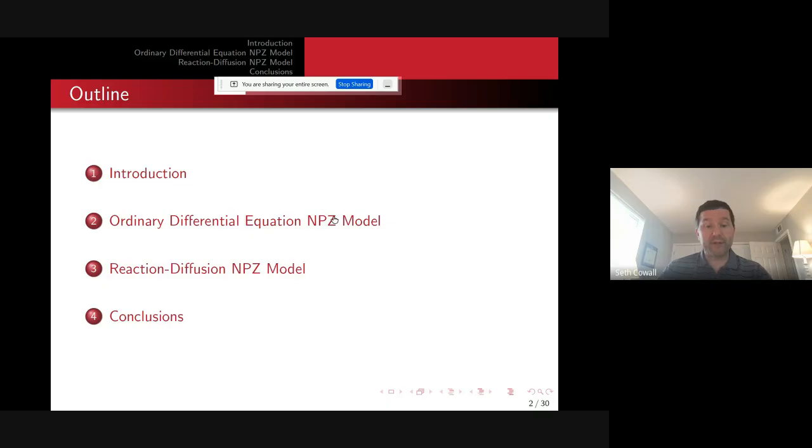I'll explain more about that later. And then to add a little bit more realism to the model, we'll add a depth variable, and we'll end up with a reaction-diffusion model. And then we'll talk about what inferences we can draw from our results,